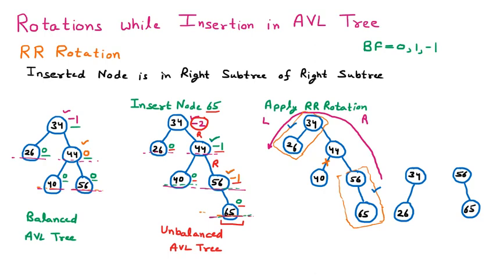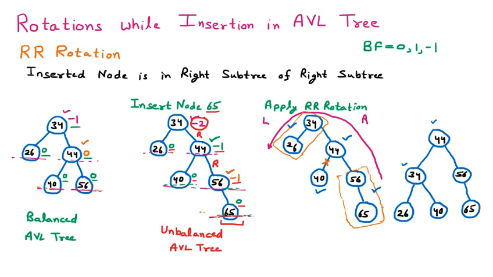Now they are connected with the node which is 44. So here I am creating a node 44, which is connected to these nodes. So this is the node 44. Now we are left with one node, which is node 40. So here I am writing the node 40. Now we have to apply the logic of where this 40 will come. We know that 40 is less than 44 but greater than 34. So here the 40 will be attached. So after the rotation we are getting this tree.